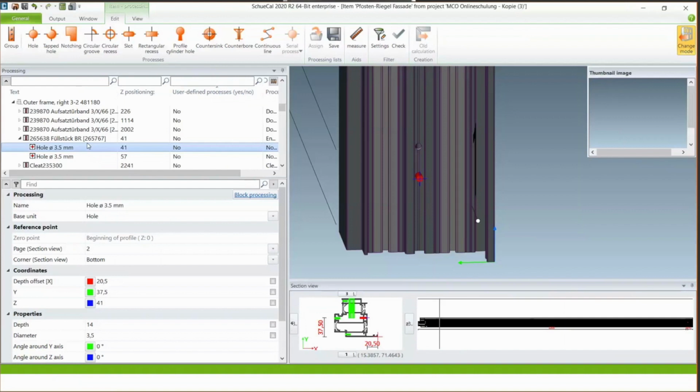In our CNC machines, we have most of the time only a drill with a diameter of 3.2. That's the reason why I would like to show you how we can create a filter for changing the small diameters to 3.2, so that we don't have to do it manually at any single hole.